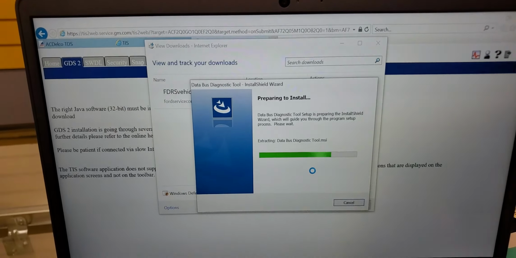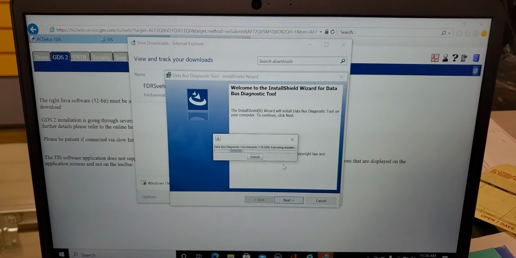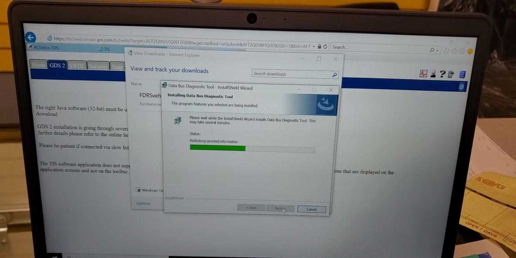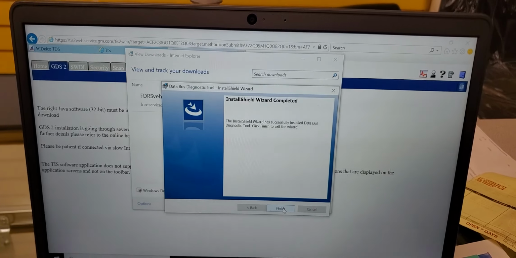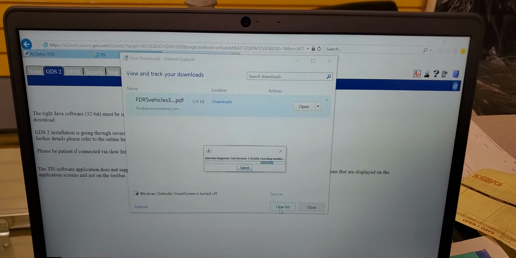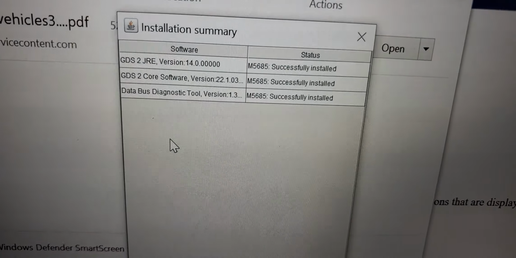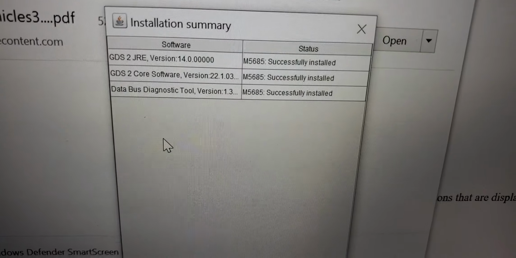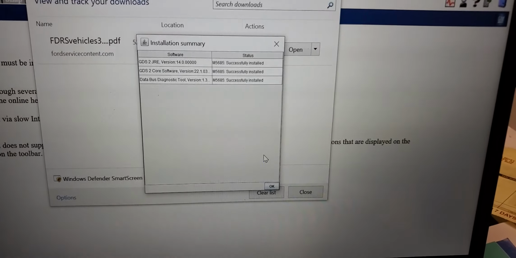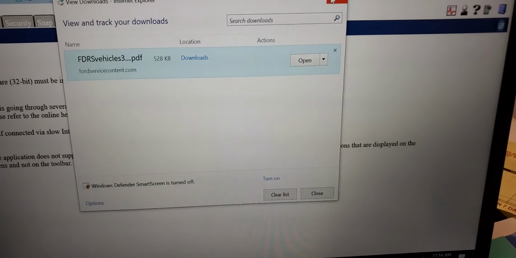Here is the platform that is now preparing to download. So I'm going to click next. See, finish. Database. You see here, those are the forms. Successfully installed, successfully installed, successfully installed. I'm going to say okay. I'm going to show you how it looks. I don't have a car here, but